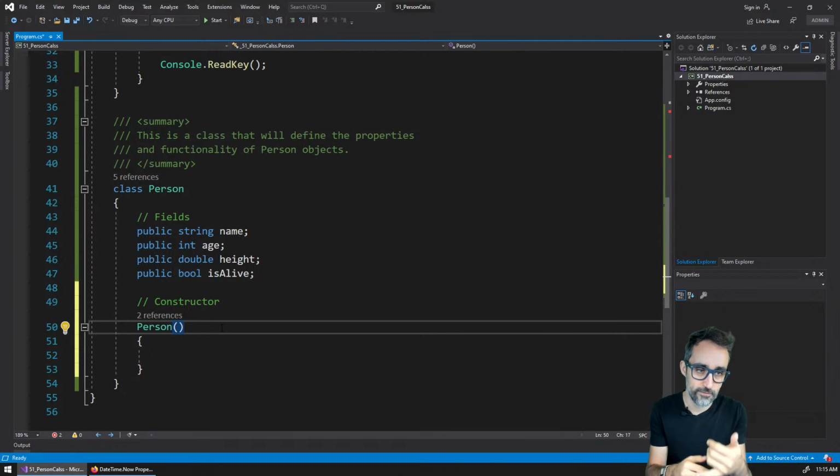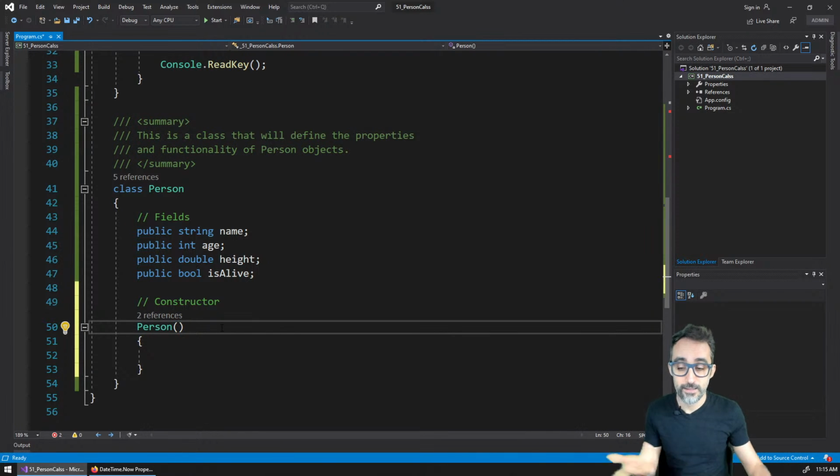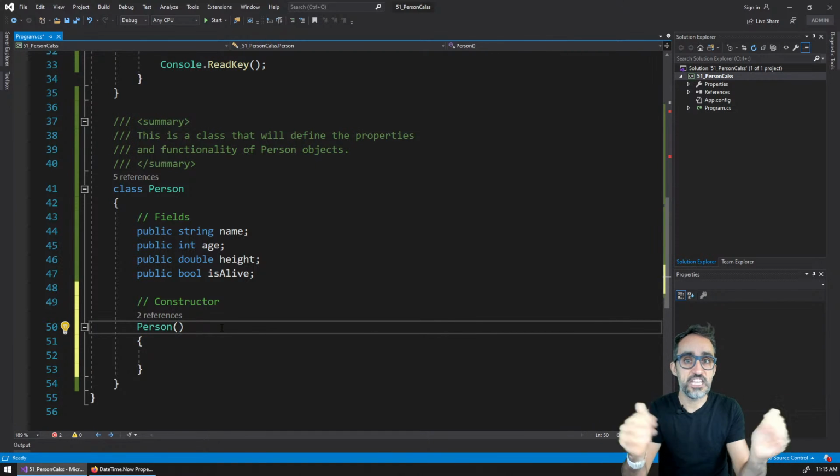Or with the car metaphor, if I call the factory, I want to tell them, hey, can you send me a car? And can the car be red? And can I have like 8 cylinders and 4 wheels? And then they send you a car that has all those properties. Well, similarly here, in the constructor function, I can add arguments to give people the possibility of sending initial data